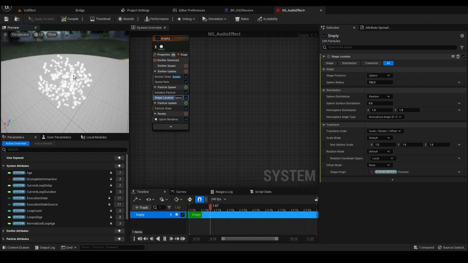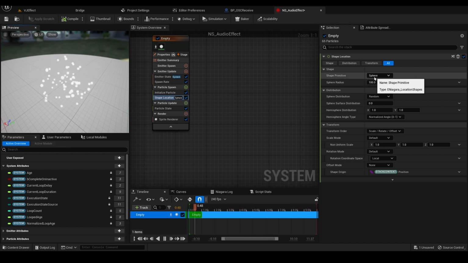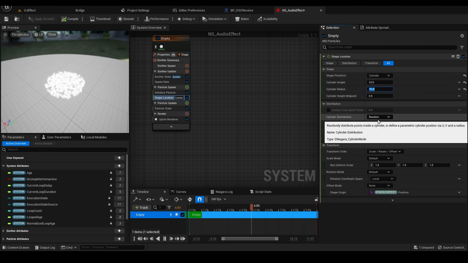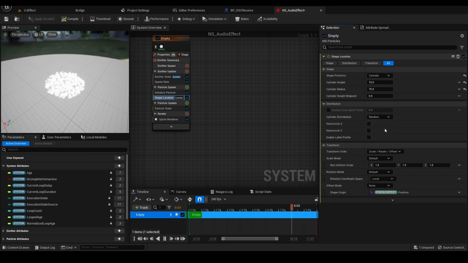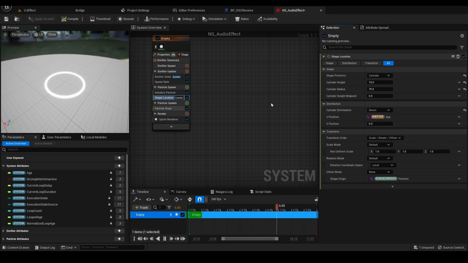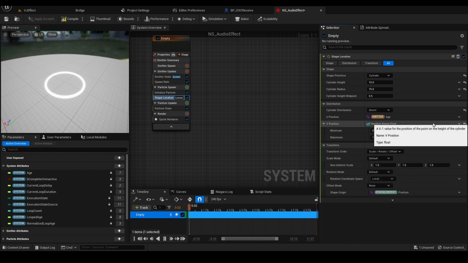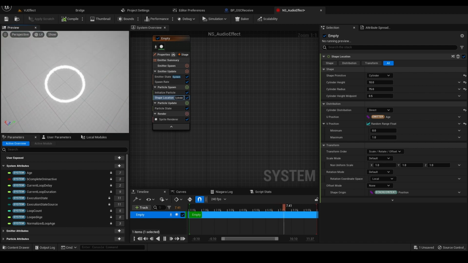how to spawn the effect, where the particle is spawned. So now I chose the sphere, but I'm gonna change it to the cylinder, and the cylinder height is 10 and radius is 70, and the cylinder distribution should be direct, and the U position the edge is okay. Next, this one is random float. Okay, so as you can see, we can spawn a particle as the shape of the cylinder, which is